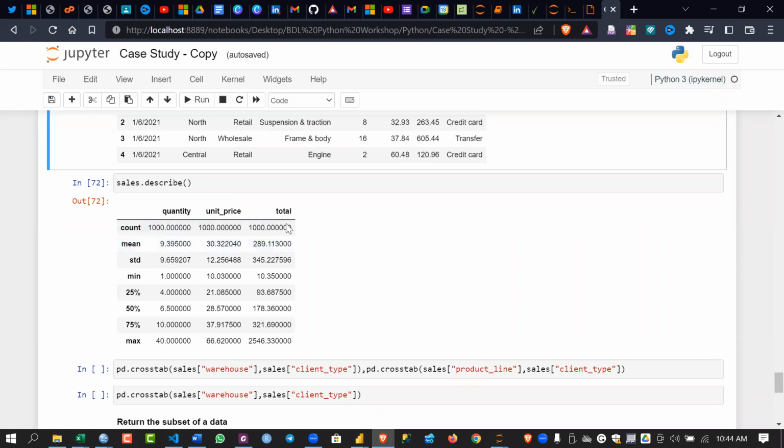So now you can also know your average. You can be able to explain that the average unit price of the items that were sold was 30.3. You can also tell someone that the average total that was made was 289. And here you also have your standard deviation. So this is how much the